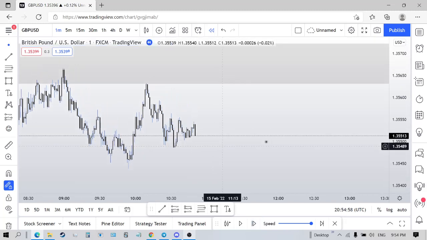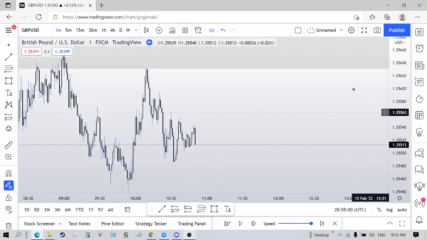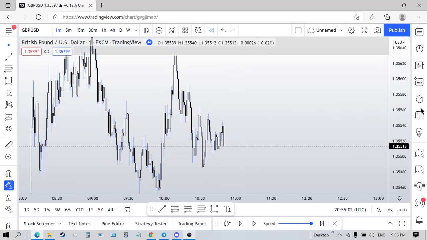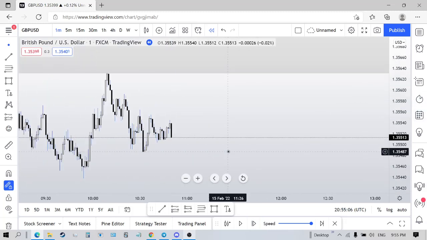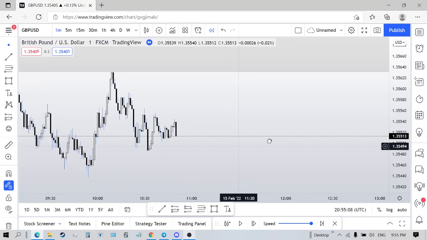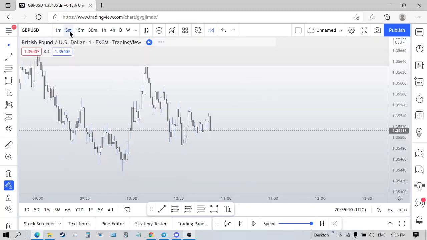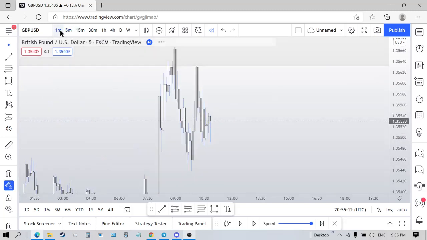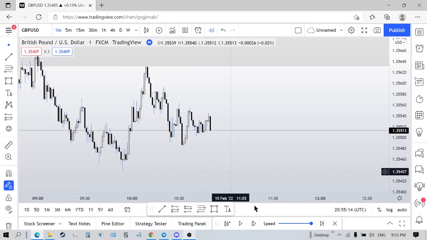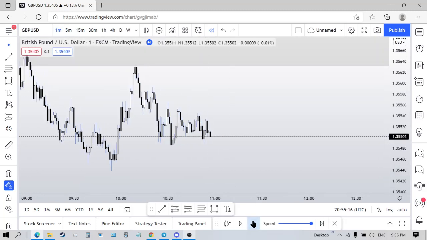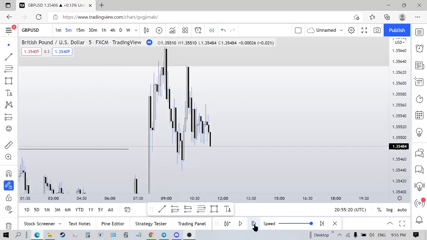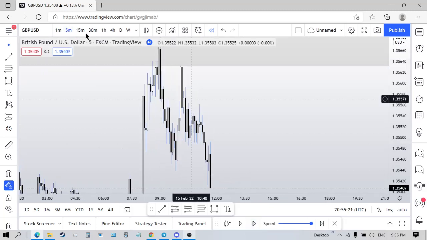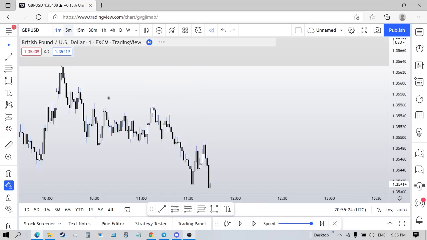Now, what am I looking at right now? Where did I see this at? Let's kind of get through New York session. Let's get to New York session, right? Okay, so here's New York session.